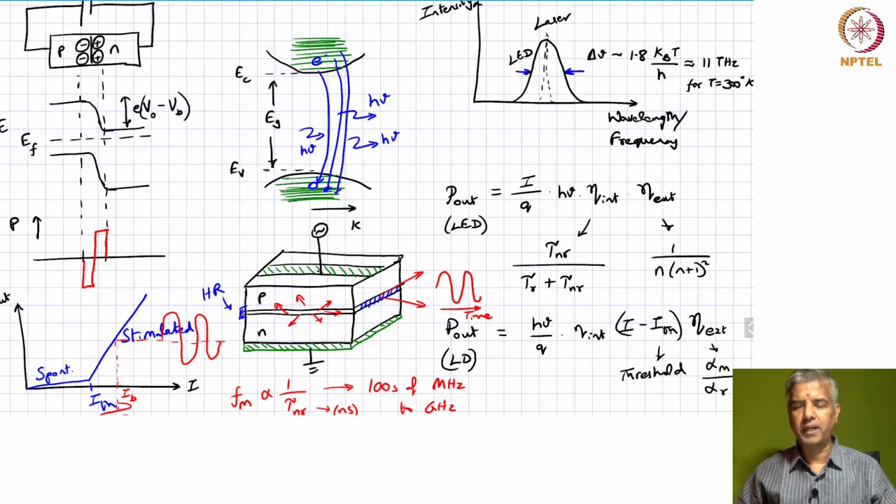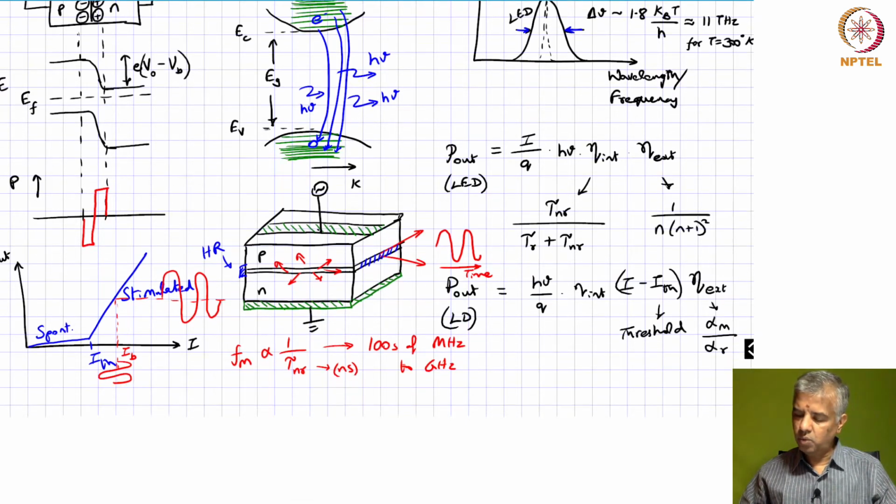So that's the fraction of power that you get out of this light source, and we looked at how the output power varies as a function of the injected current, and we said that when you have relatively low current levels, the same structure would act like an LED, which is based on spontaneous emission of light, whereas if you go to a current level beyond the threshold current level, then you get stimulated emission. Okay, and we looked at how we could possibly modulate that light. So let's actually move on to